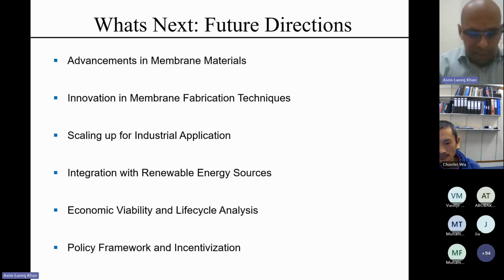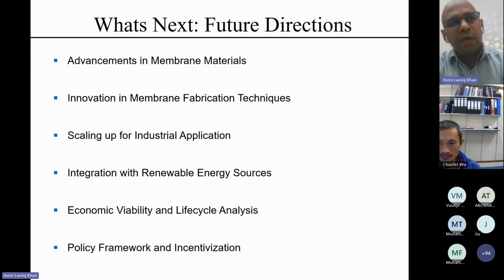And last but not the least, all of these technologies, whether membrane technologies, adsorption or absorption, will never succeed until, not only locally and regionally but globally, there is a policy framework and incentives for carbon credits. And I hope that COP28, which is being carried out right now in these days in the UAE, comes up with good resolutions that promote the technological development and research to come up with